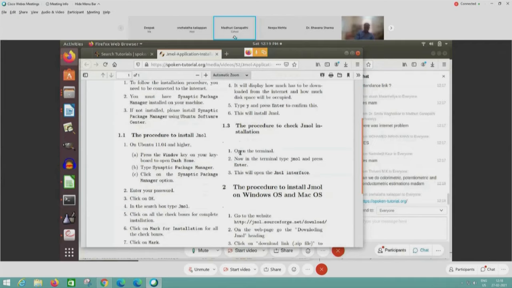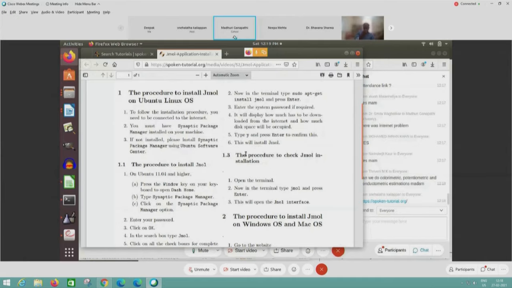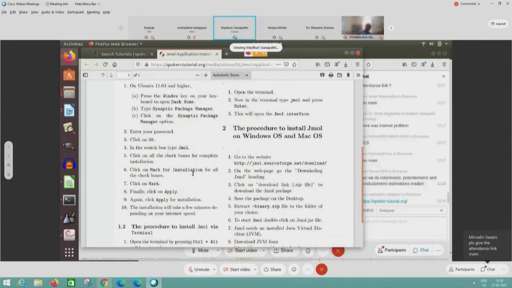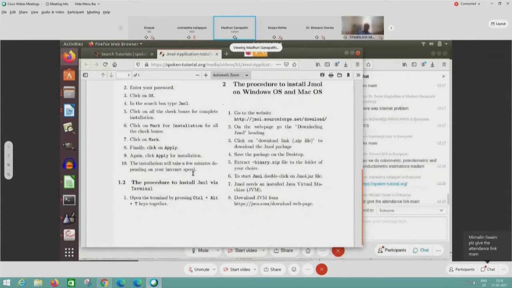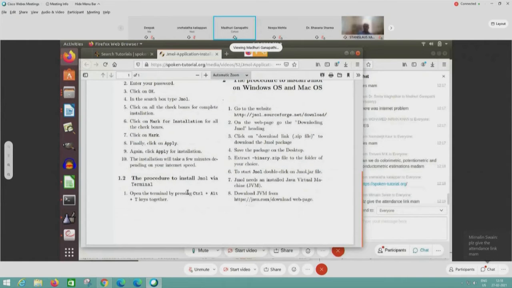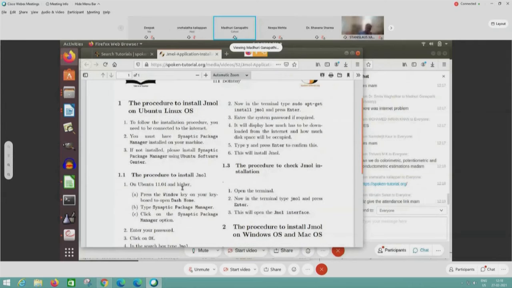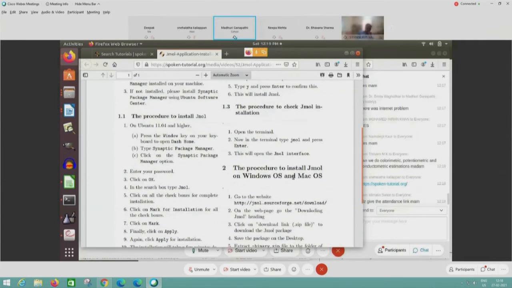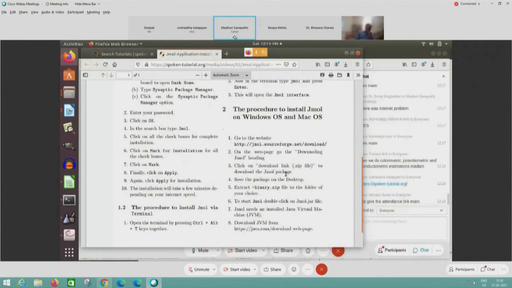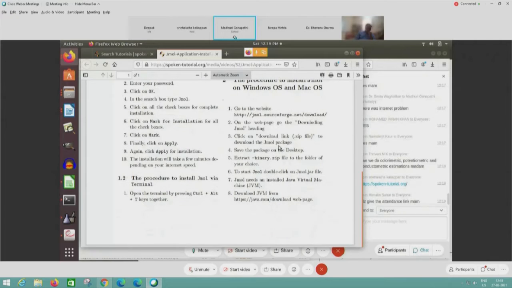Here it is showing how to install JMOL in various operating systems like Linux. It shows the step-by-step procedure of how to install through the terminal in Ubuntu, and then we have JMOL in Windows and Mac. So how we get JMOL in Windows and Mac, the source link is also given here.